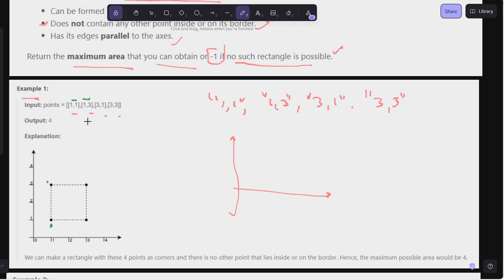Okay, so now after that, let's check this point 1 3 and 3 1. So 1 3 and 3 1. All right, so we can consider these points. Okay, these 2 points, here and here. Okay, 1 3 and 3 1, I can consider these points. Okay, so here if you consider these 2 points, so what is the benefit that we are going to have? Okay, so I'm saying that consider this point 1 3 and 3 1 because these points are not horizontal or vertical to each other. Okay, all right, so now here